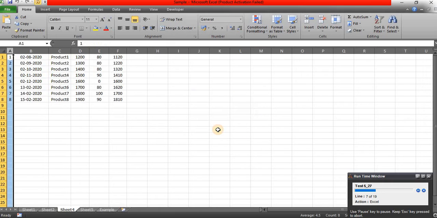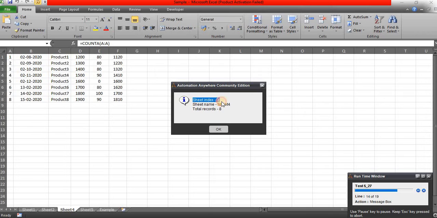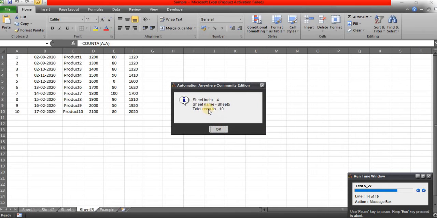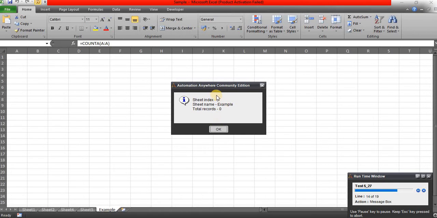So we got exact results. The next one is index 3 and sheet name Sheet 4, with total number of records 8. Then 4, Sheet 5, 10. So this is the fifth sheet, Example. There are no records, 0, null values.